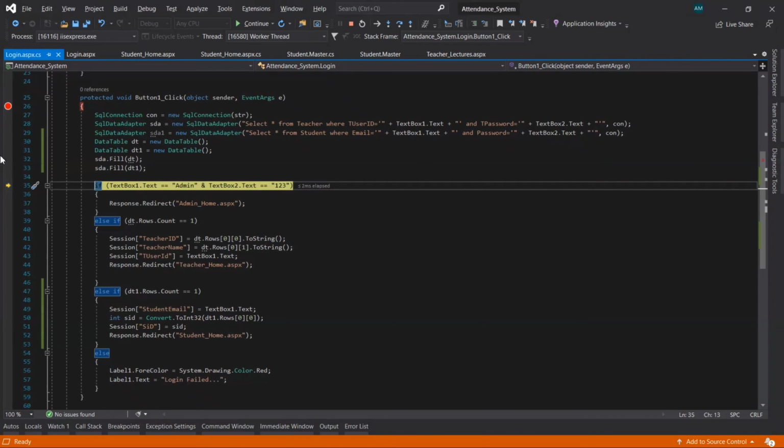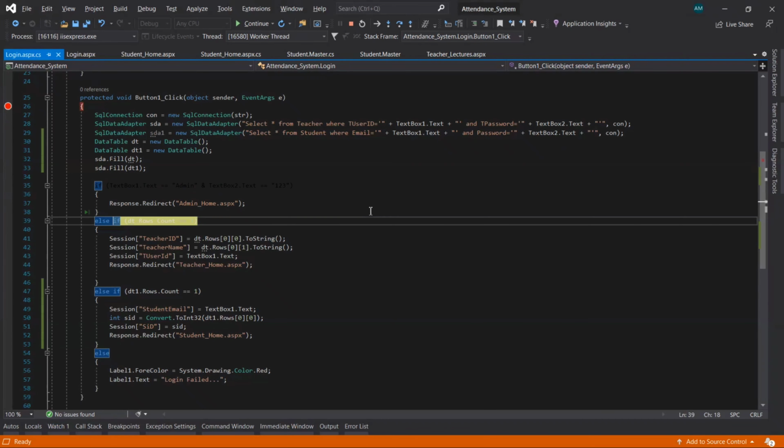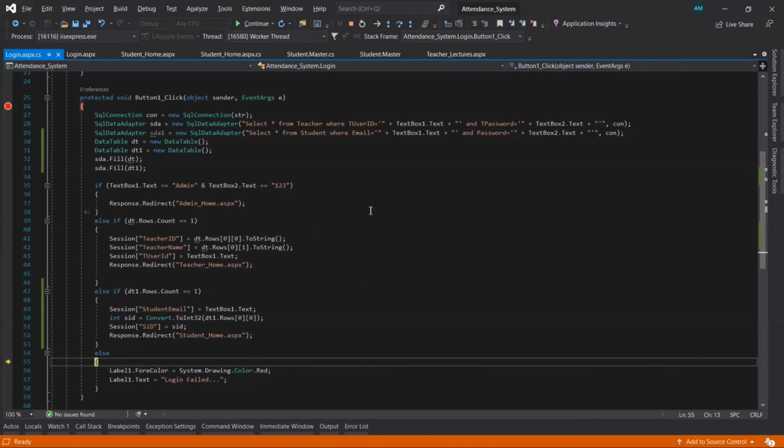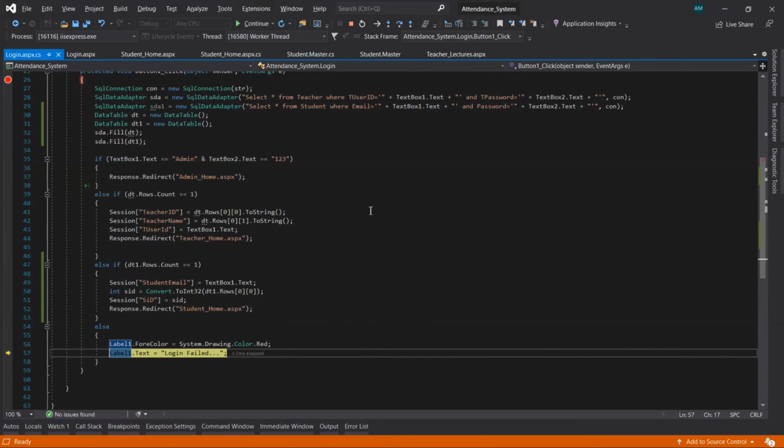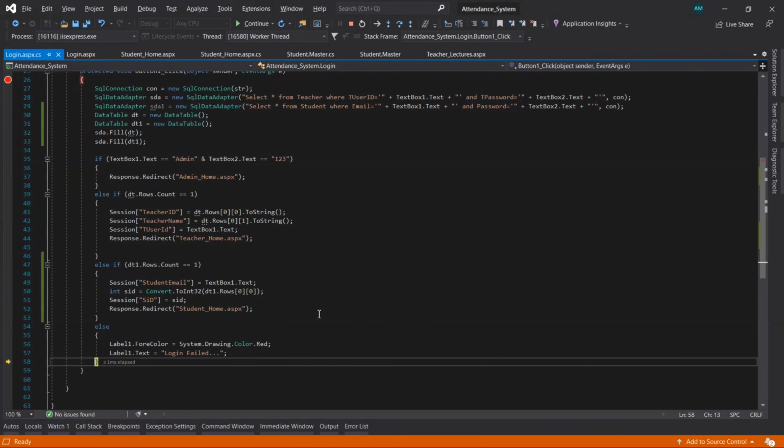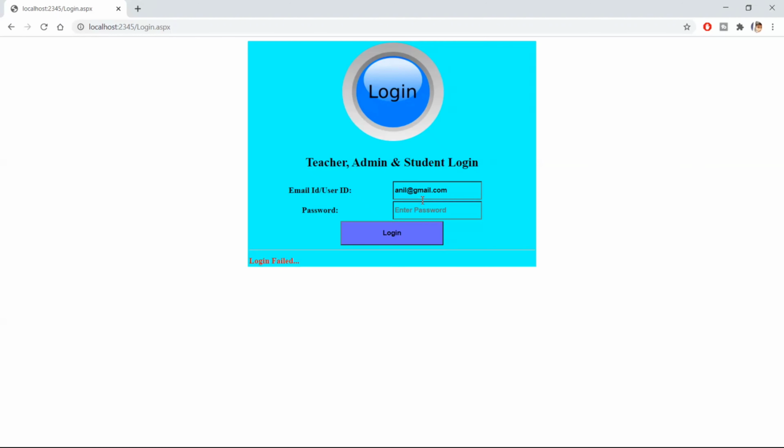I don't know why it's happening. It didn't find any record, so it is going to display the login failed message. So let's try it again.